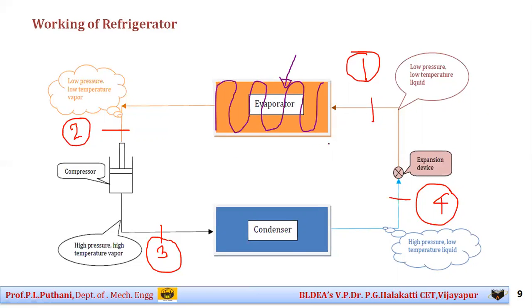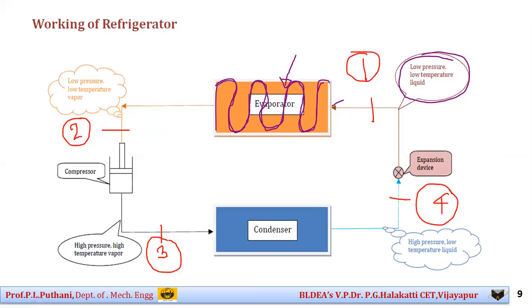stored. So initially, when the refrigerant is entering through point 1 into the evaporator, if you observe carefully, it is a low pressure, low temperature liquid refrigerant. Now it enters through this point 1 in the evaporator part. Once it enters, the refrigerant passes through these coiled tubes continuously, where we have kept food materials and other items. The refrigerant absorbs the heat from those food materials, due to which there is a drop in the temperature inside the evaporator.